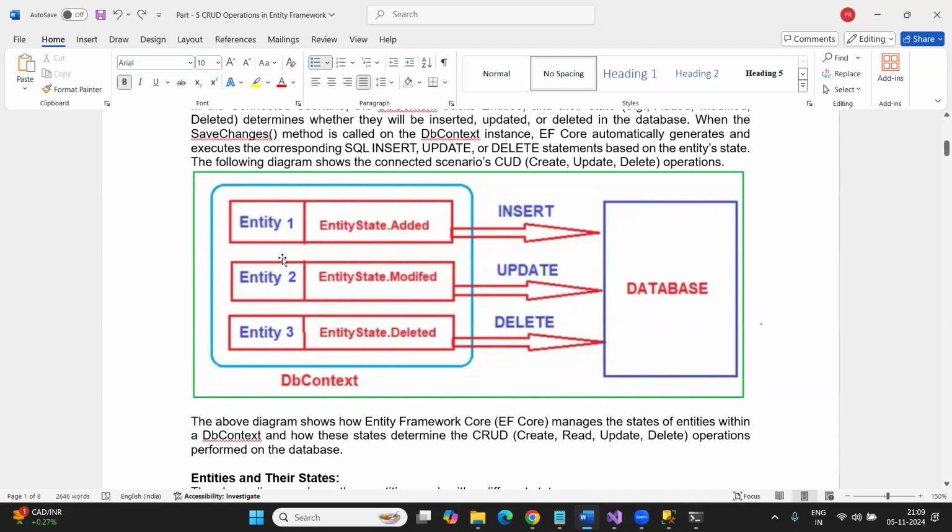So entity one, entity two, entity three, you can consider these as nothing but data. So one student record whose state is added. How is it being added? I will show you practically. Another entity whose state is modified, another entity whose state is deleted. So let's assume all these three entities are being tracked by the DbContext class. So once they are tracked by the DbContext class, whenever I call the SaveChanges method,